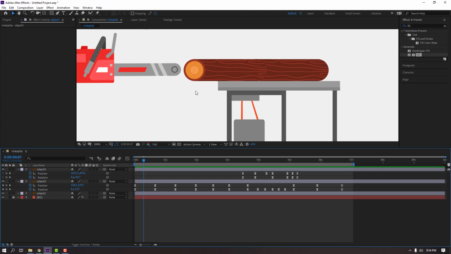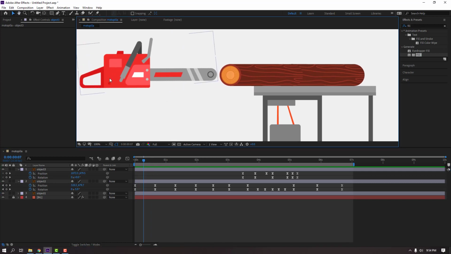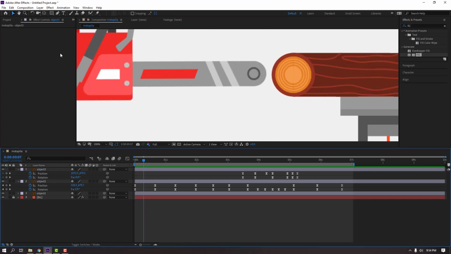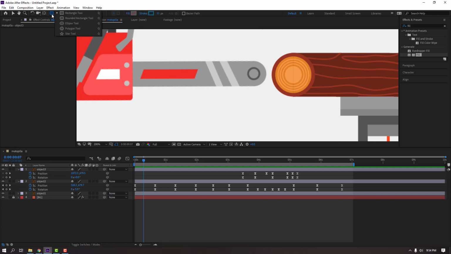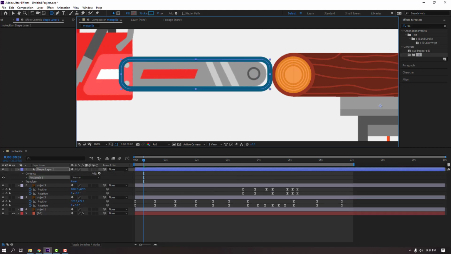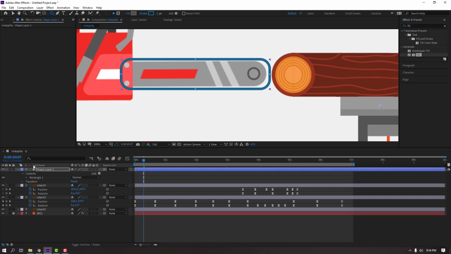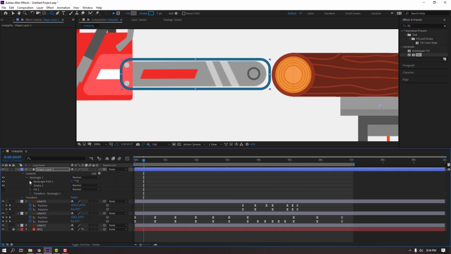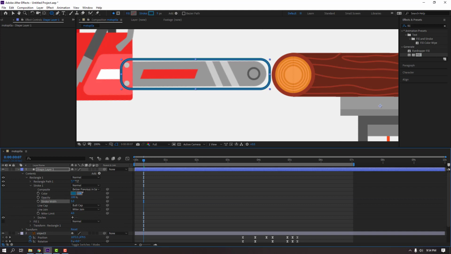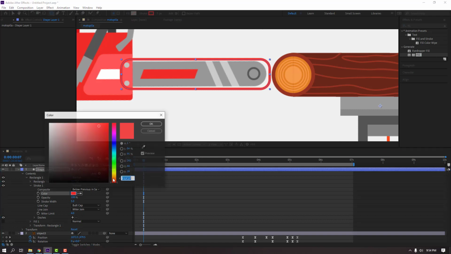let's make other objects for this object too. Go to wrench tool, select this rounded wrench tool and let's make like this. Change stroke and open wrench 1, stroke, change color red or black